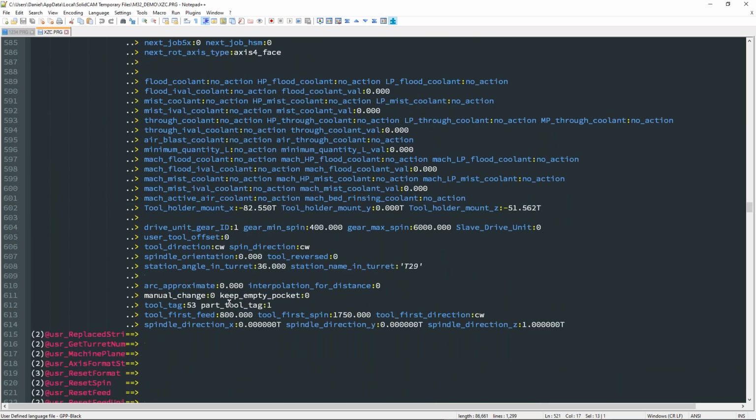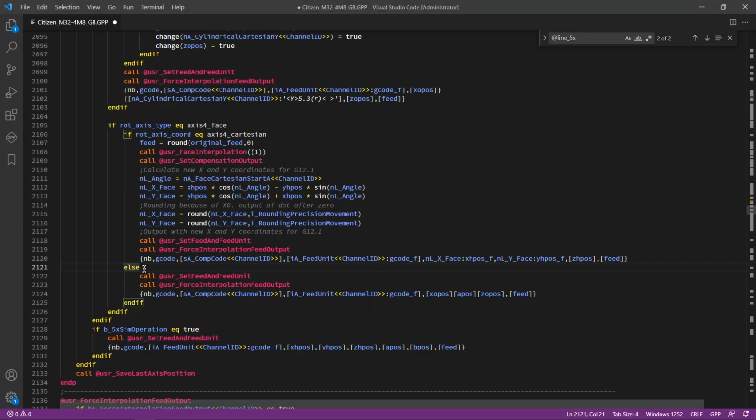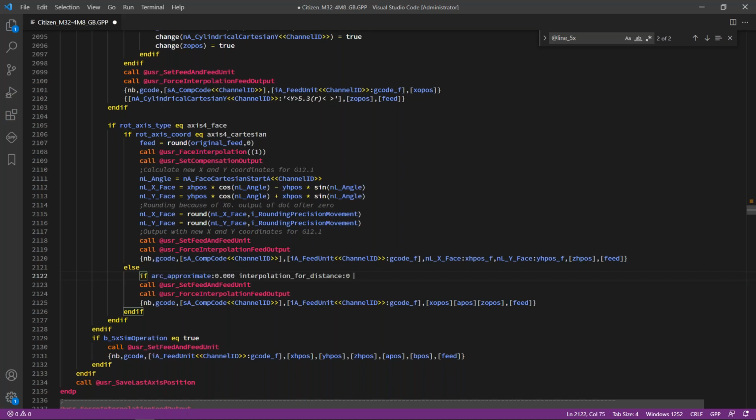And at the very end of the procedure, you will find approximate interpolation for distance. So make sure that the interpolation for distance doesn't give you the value, but it's rather 0 or 1. So 1 is if the checkbox is used, and 0 if it's not used. While arc approximate, you really get the value. Okay, so pay attention that this is like a numeric, while this one is integer. So I'll just copy. And here in the else, I'll just put the condition if arc approximate not equal 0, okay? Or let's say if equal, or